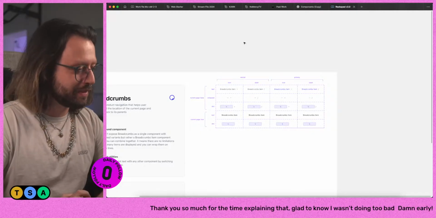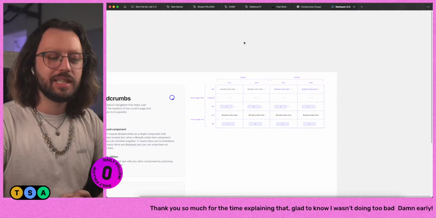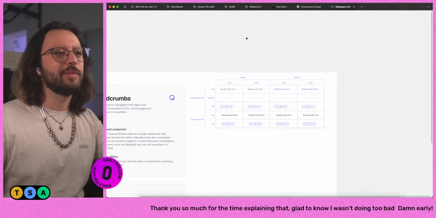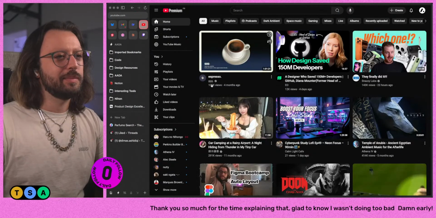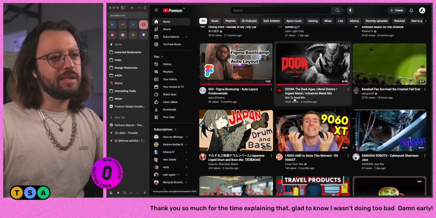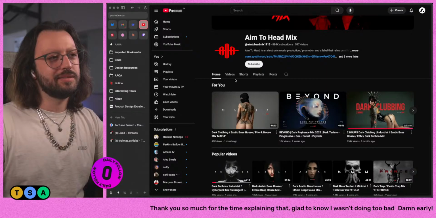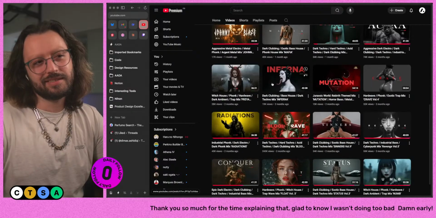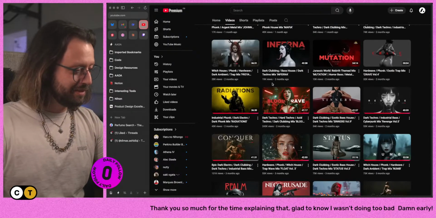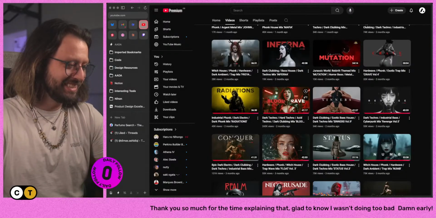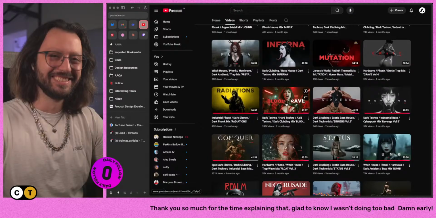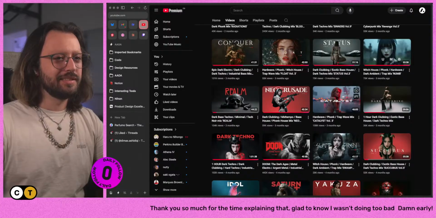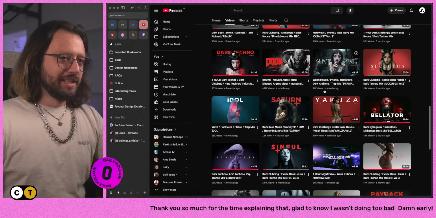Also, Chicken, yes, 100%. Aim to head is just titties and ass. Like, I mean, not even titties. It's just ass, and I'm not sad about it. Obviously, I'm not gonna complain. But any aim to head mix is just, eh, it's just ass. They just like it like that. That's it. Which is sad. I mean, it's not sad, but it's sad. Like, you know, I wish they didn't. Anyways,